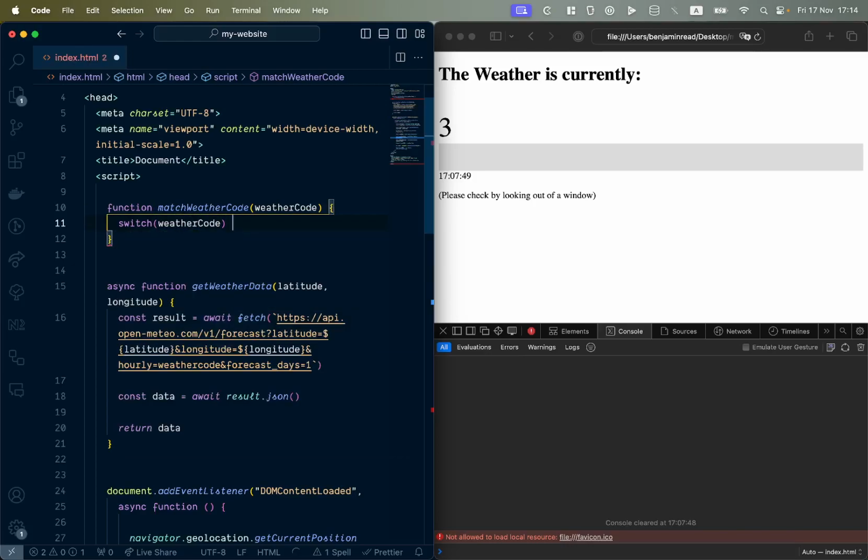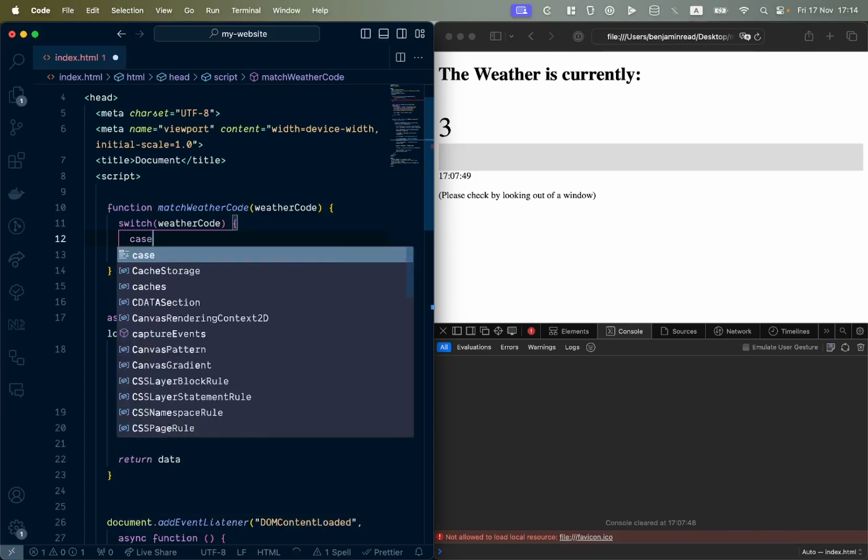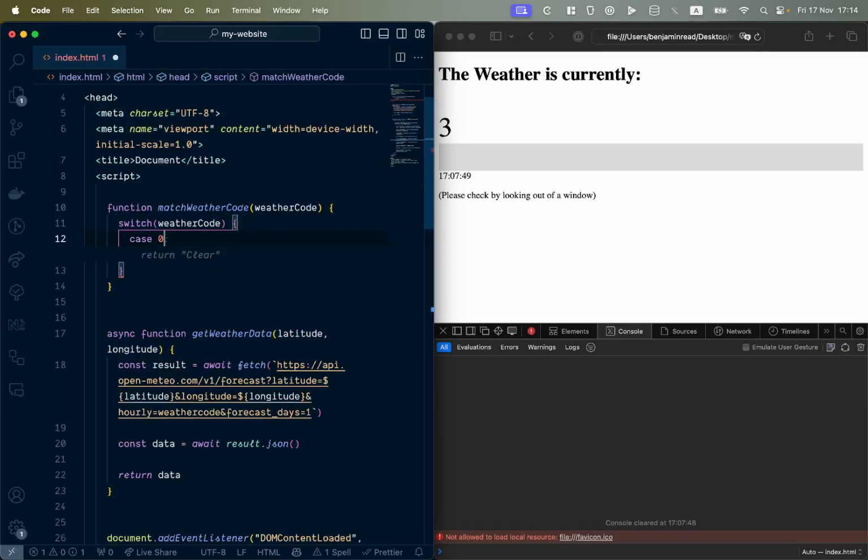And this is a really handy little function, switch. There's lots of different ways of doing this sort of thing in JavaScript, but I just wanted you to get familiar with the switch statement, because then it matches things. So you've got case 0,